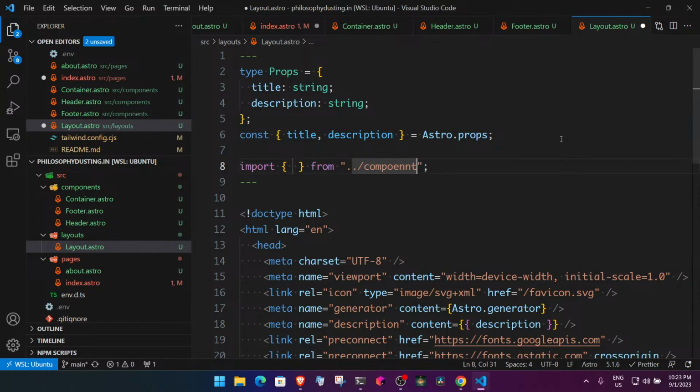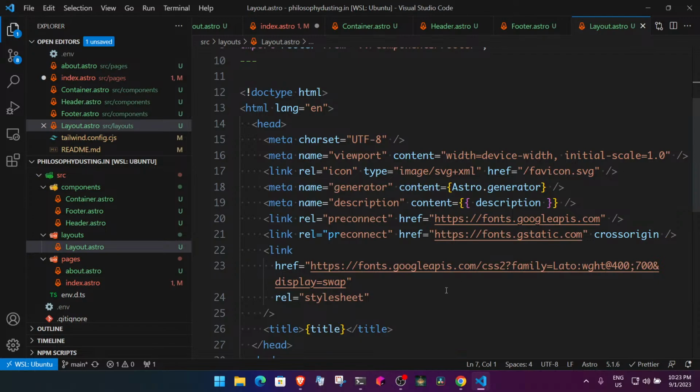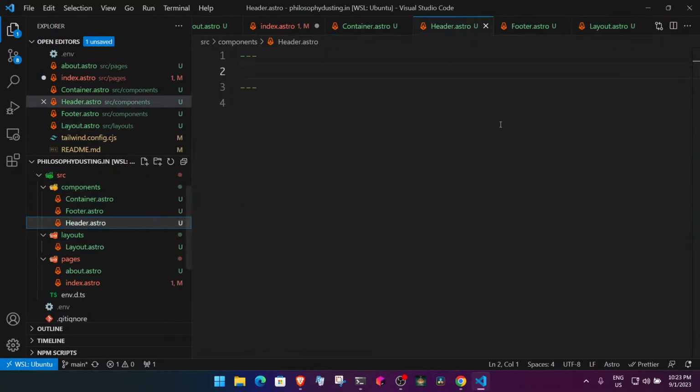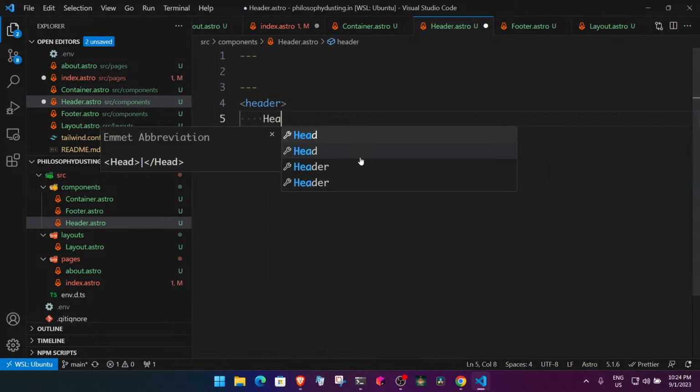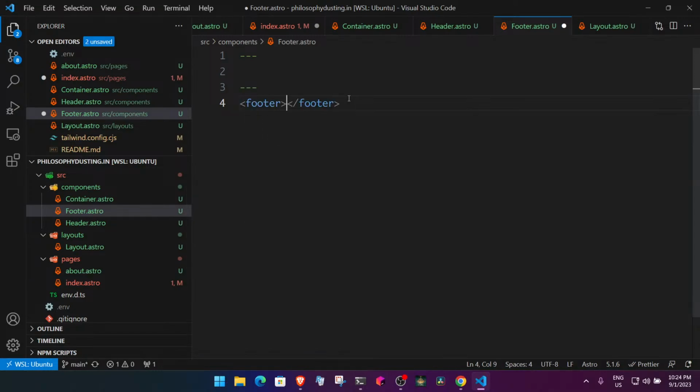Components and then header, right? And make it footer. Header, footer. Then this should be like this. If I make it like header, and here I make footer,